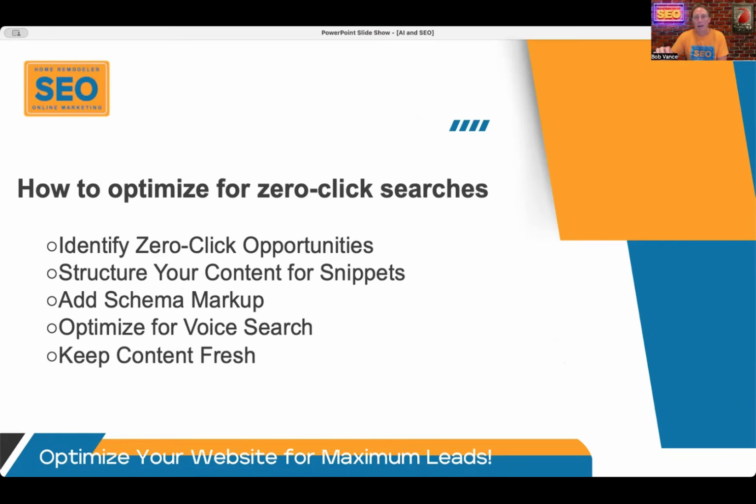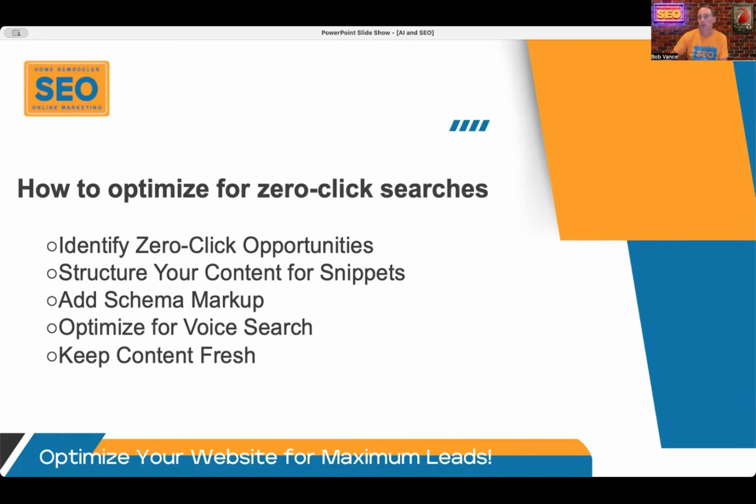And so, how do you optimize for zero-click searches? Many searches are now answered directly by Google in those featured snippets, or what they call AI overviews, at the top of the search pages. Optimization for those means targeting the questions you keep seeing repeated over and over, structuring those answers in the same way, as we talked about with the FAQs, and then using schema markup so that your content appears higher in Google search. So let's talk about each one of those.